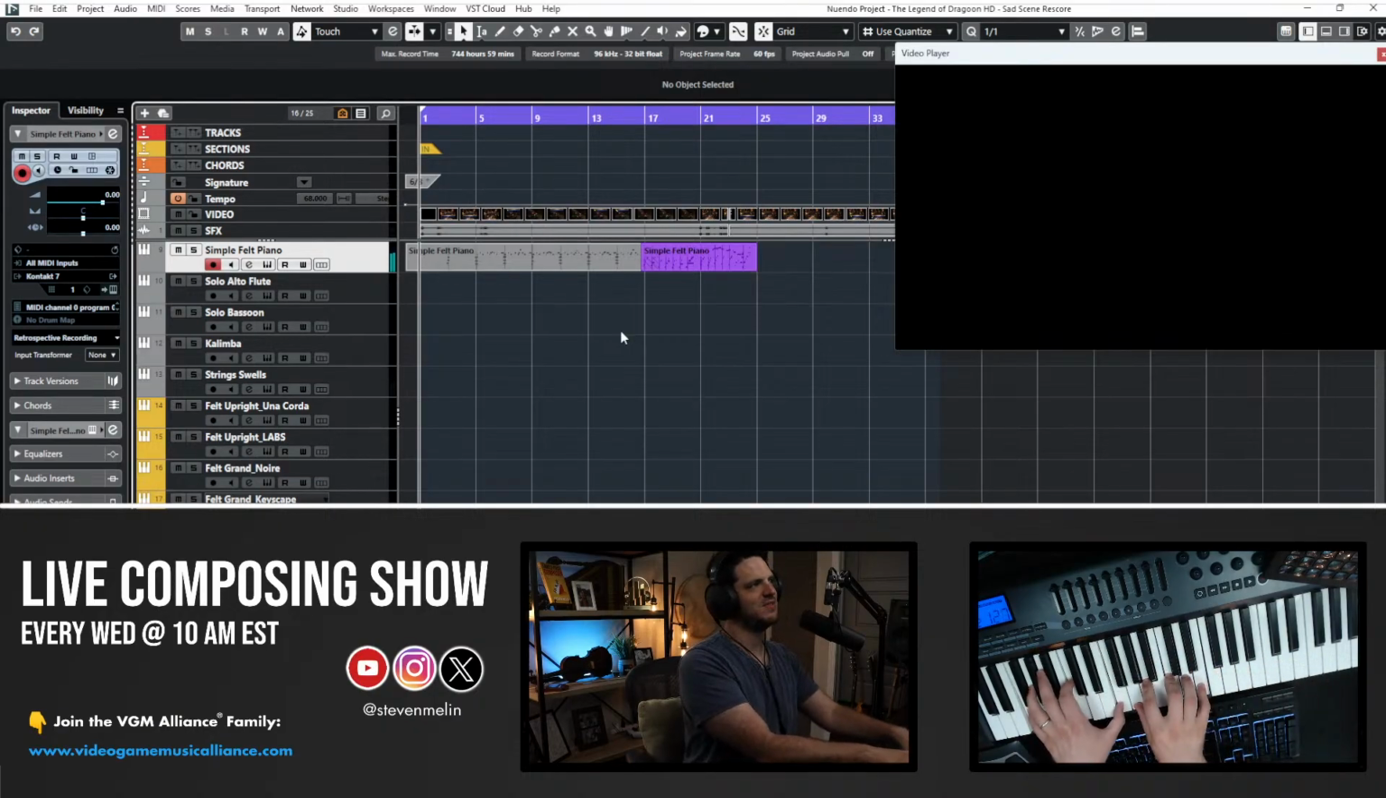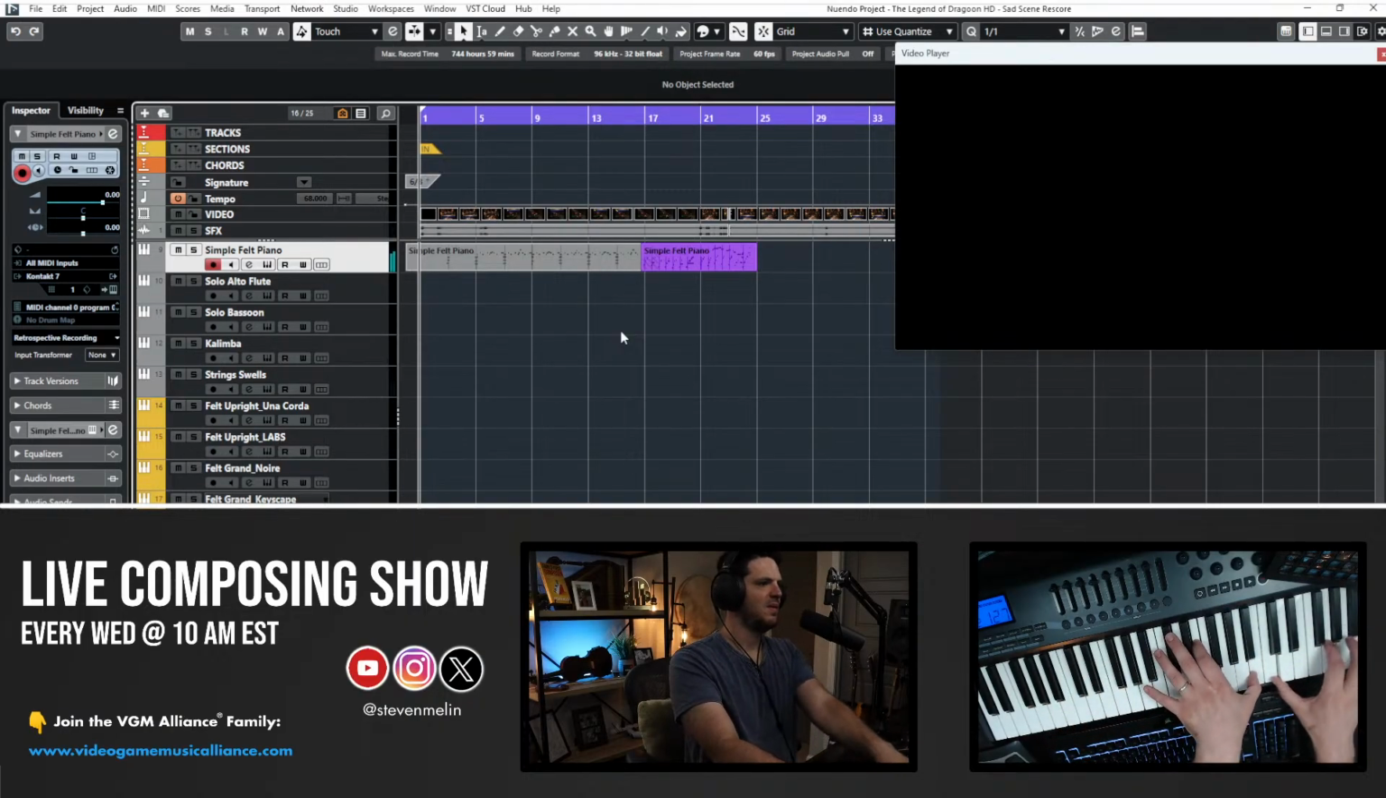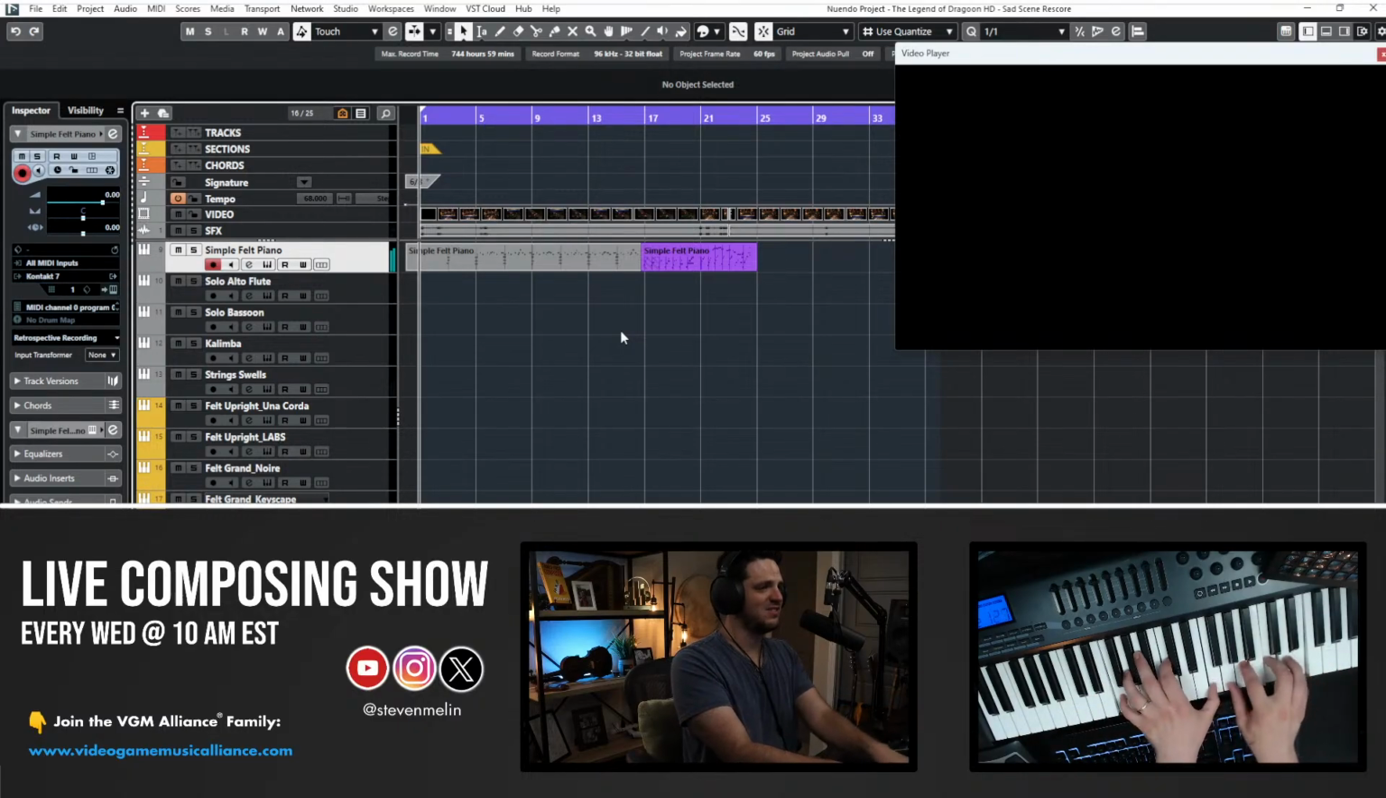And it just keeps that, the beauty of an upright piano. And again, this is with no reverb or anything. Like, this is just...